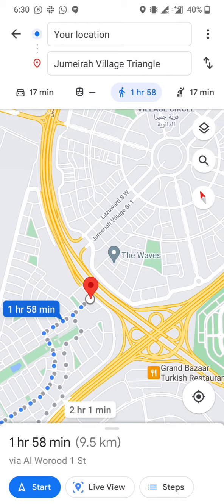Now, the reason why I'm asking you to select the walking way is because in Dubai, on all the walking roads, you can use your electric scooter. Now, if the walking way is showing 40 minutes or 30 minutes, by electric scooter it will not take you more than 10 to 15 minutes at max. So you just select the walking way and then take the electric scooter on the same way to reach the customer.